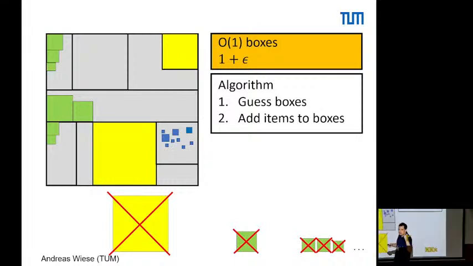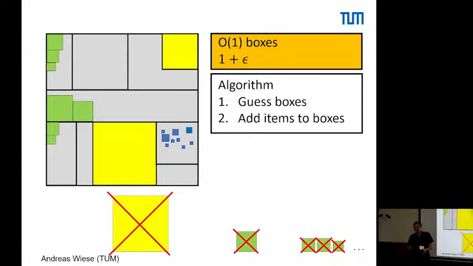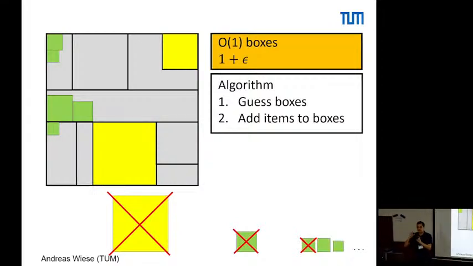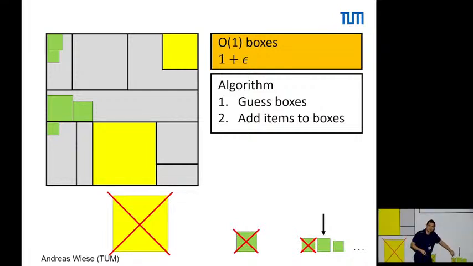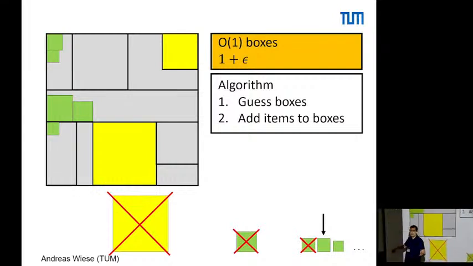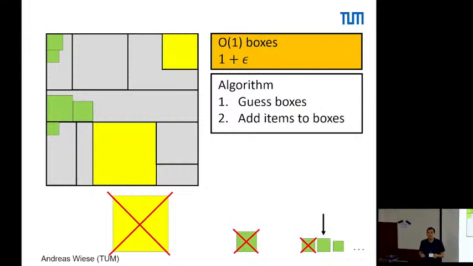All right. Good. So this is not yet an algorithm because we still don't know how to decide for an item whether we want to select it or not. However, it turns out you can figure this out very nicely with a dynamic program. Imagine that you're right here in this sequence, and you have already decided for all items up to here whether you want to select them or not. And now this is the next item, and you still have to decide whether you select it, and for all the items on the right, whether you want to select them or not. In order to solve this subproblem, you have to describe what you did before with the other items,